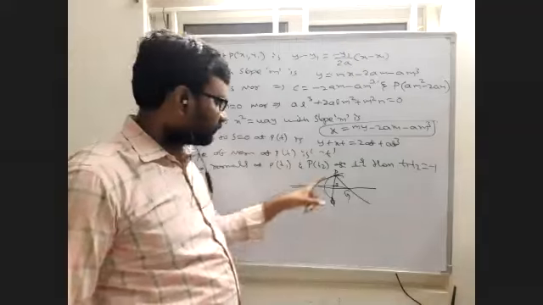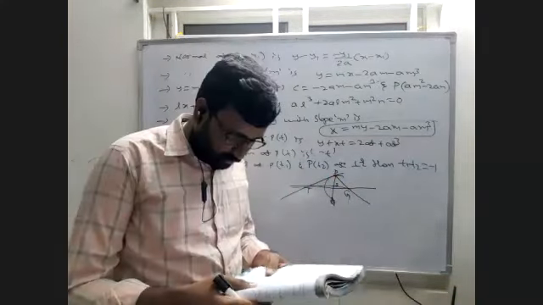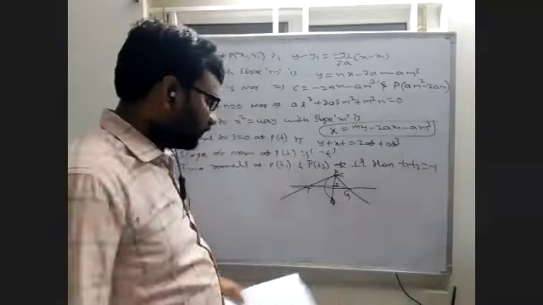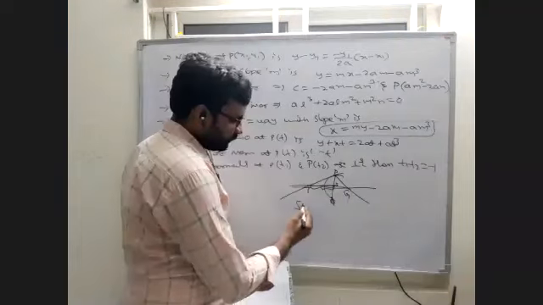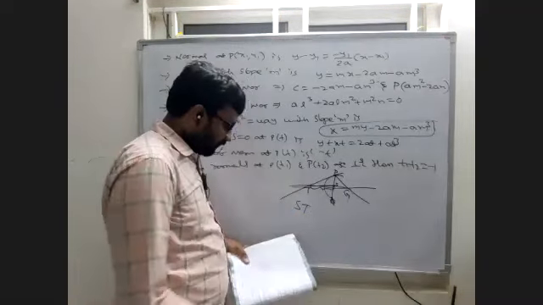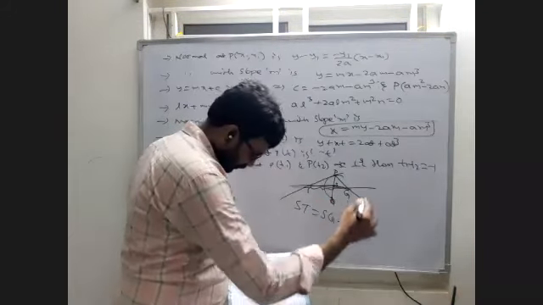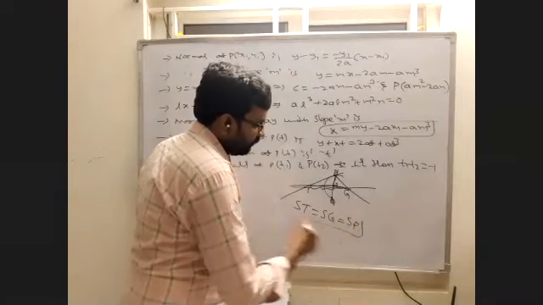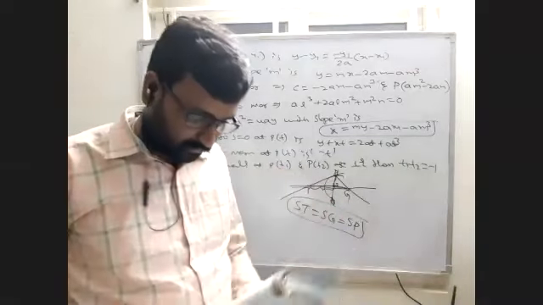If the tangent of the parabola at P meets the axis at T and the normal at G, this also we have as a question. Then ST, this one, ST equal to SG, this one, SG equal to SP, this one. So these three are equal. It is saying three distances are equal.